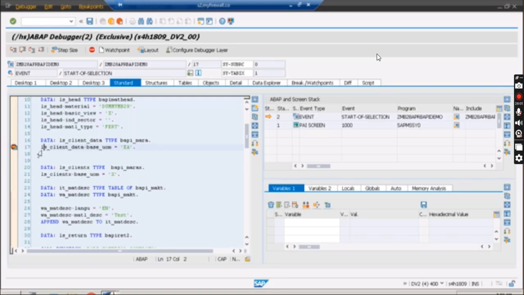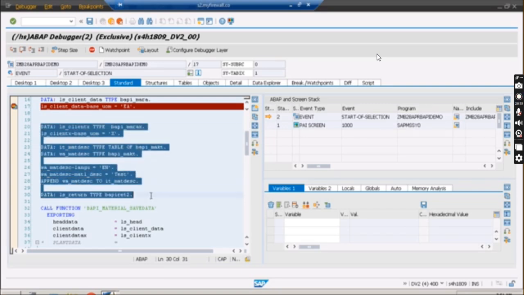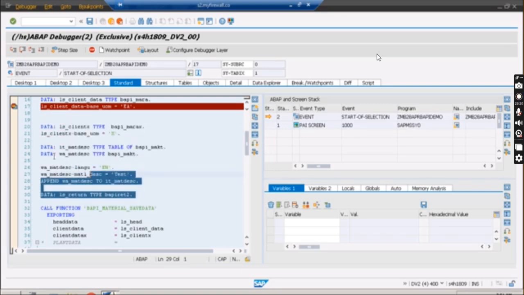Again I came back, I jumped to this particular breakpoint using Shift F12. Now I want to put my cursor over here and I want my control to stop over here, but this time all these statements should be executed. It should not jump over them. It should go by executing all these statements.